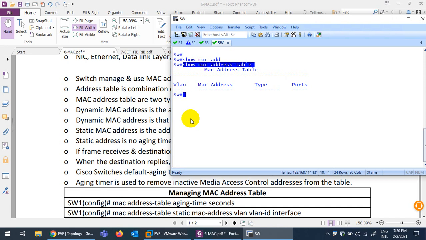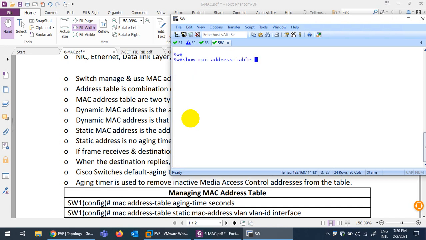So whenever you connect devices, the first time it will be broadcast. Why is it broadcast? Because the switch doesn't know about anyone. It doesn't know any MAC address, because there is no such thing yet.